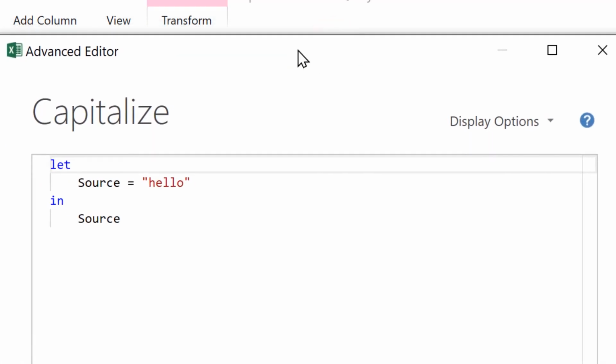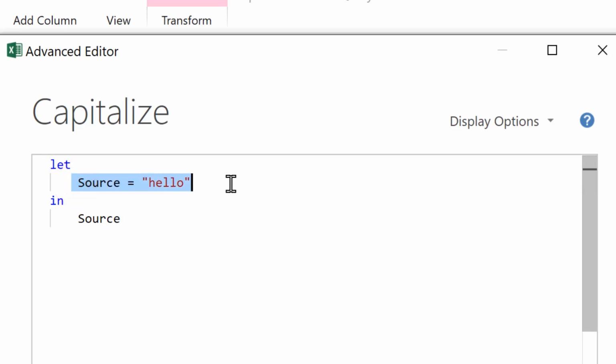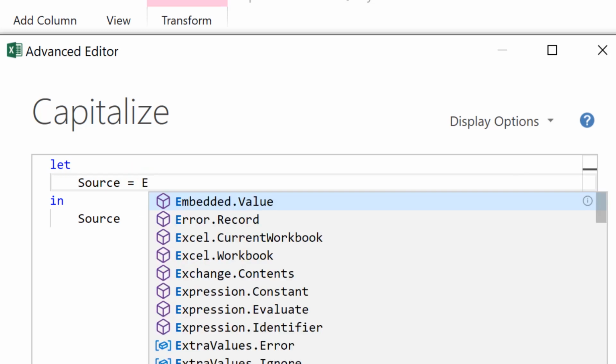Here we want to transform our table. We want to transform one of the columns by capitalizing the column. So first I'm going to grab my source. I need to select one of my columns from my table, and then capitalize them. So what is my source? First, I need to refer to the table that we just built together. So we're going to use